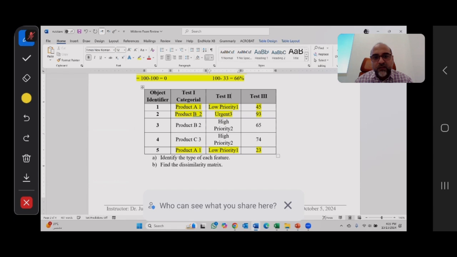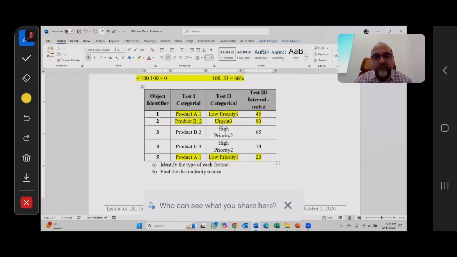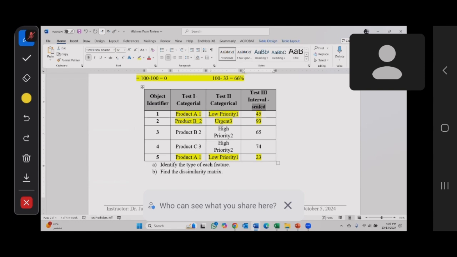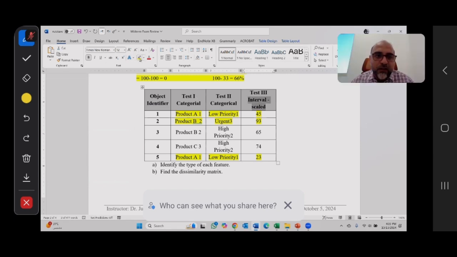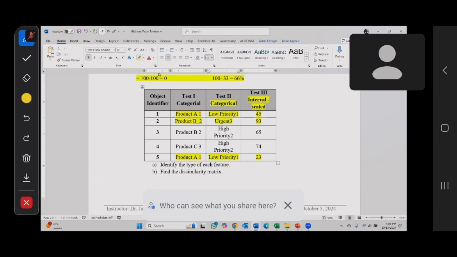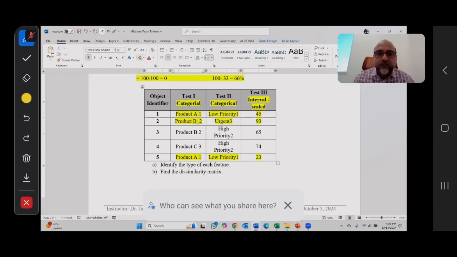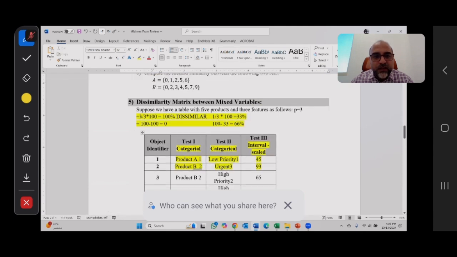Categorical. This does not look binary, right? Categorical. And this one, what is it? This is interval scaled. That's what I showed you in previous things. So basically you just have to tell the types. This is basically the type and dissimilarity. I showed you this is like finding dissimilarities. 100% is similar, and this is like